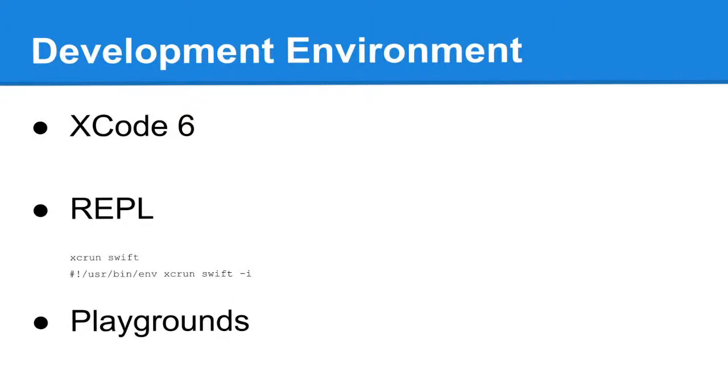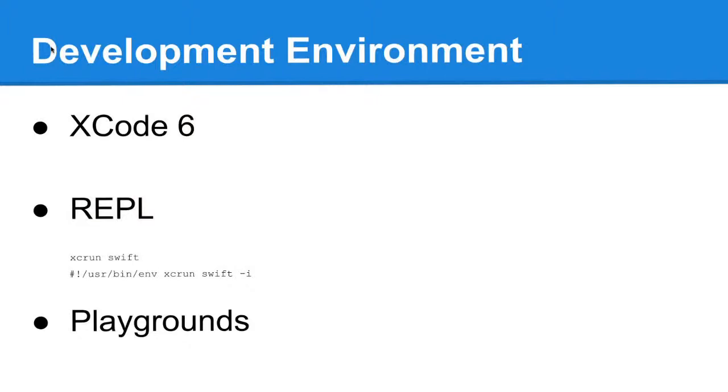All right, so the development environment. Like Objective-C, and anyone who's done any mobile development for iOS devices knows, you have to use Xcode. For compilation, you need Xcode 6, which is what Swift is provided with. Anything before that, and you won't be able to compile it. One of the cool things about Xcode 6 is it provides a REPL,